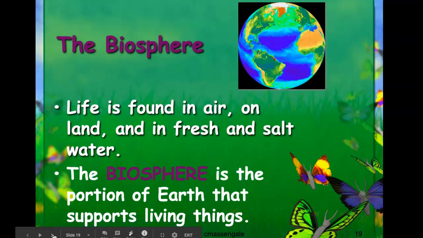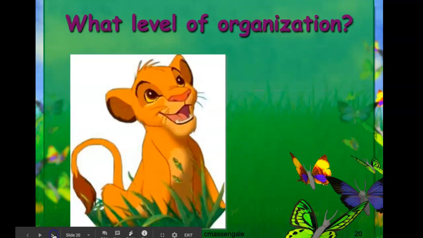The biosphere is located in the troposphere. And if you remember anything from last year when you were in Dr. Spurley's class or in your 6th grade Earth Science class, remember our troposphere is where weather happens. All the cool stuff that makes Earth happens in the troposphere. So the biosphere is part of the troposphere.